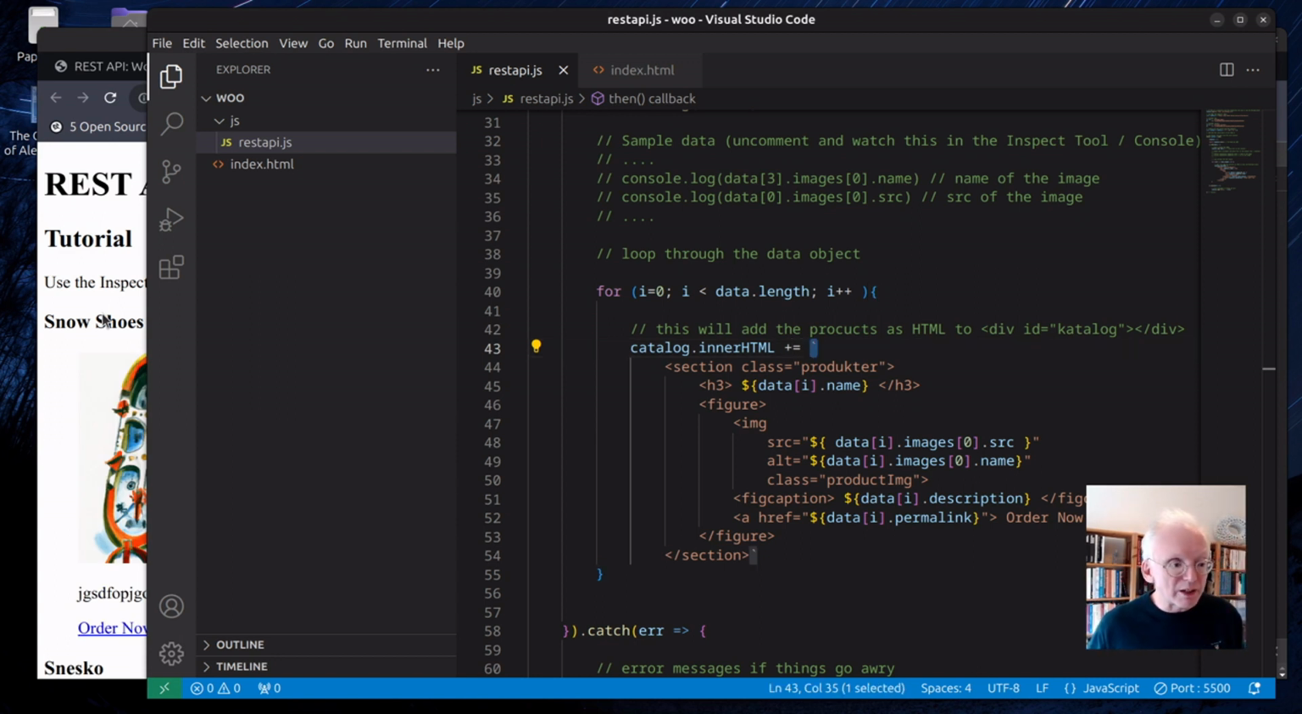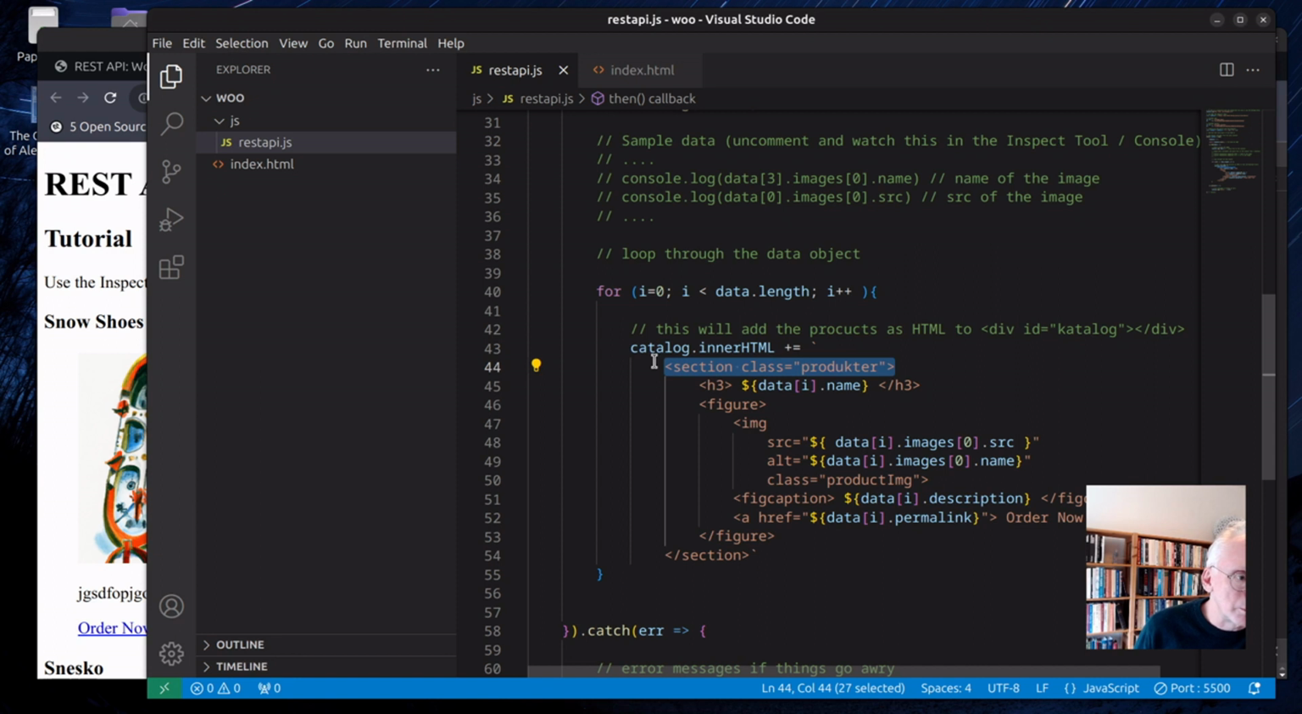Now I have a backtick here and a backtick here. And between them, we can add the kind of HTML that we want. So I have sandwiched everything into a section. And what you see here is then that we try to get data from each of the products from the JSON array that we got. For instance, we see the name of the product here, and if you try to look into the object,